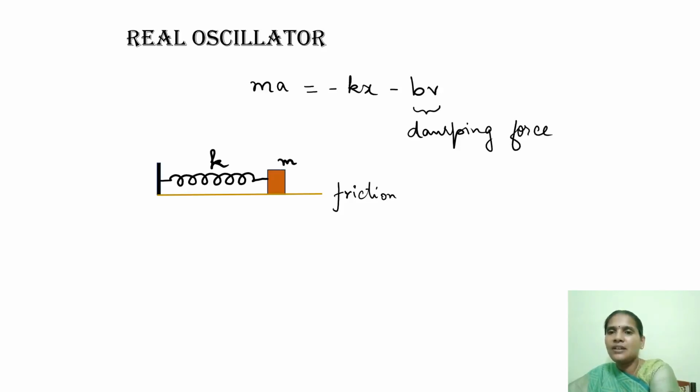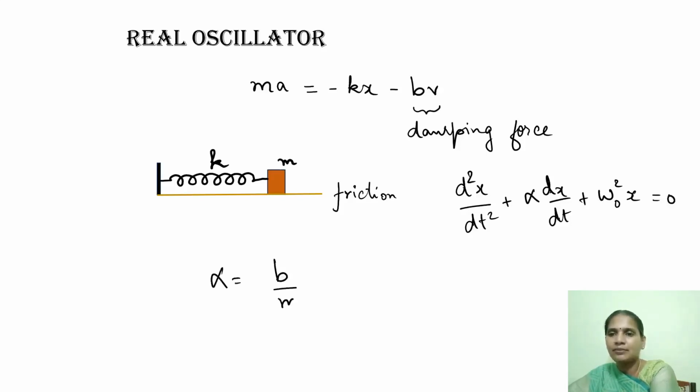So this can be rewritten as d square x by dt square plus alpha dx by dt plus omega naught square x equal to 0. Here alpha is b by m. It is the damping constant and omega naught square is k by m, which is due to the spring restoring force. So we have the solution for this equation to be